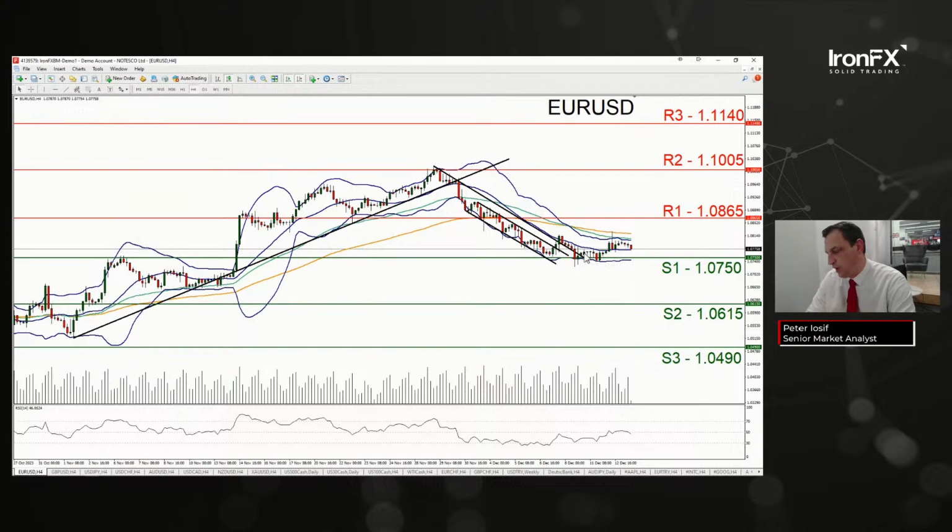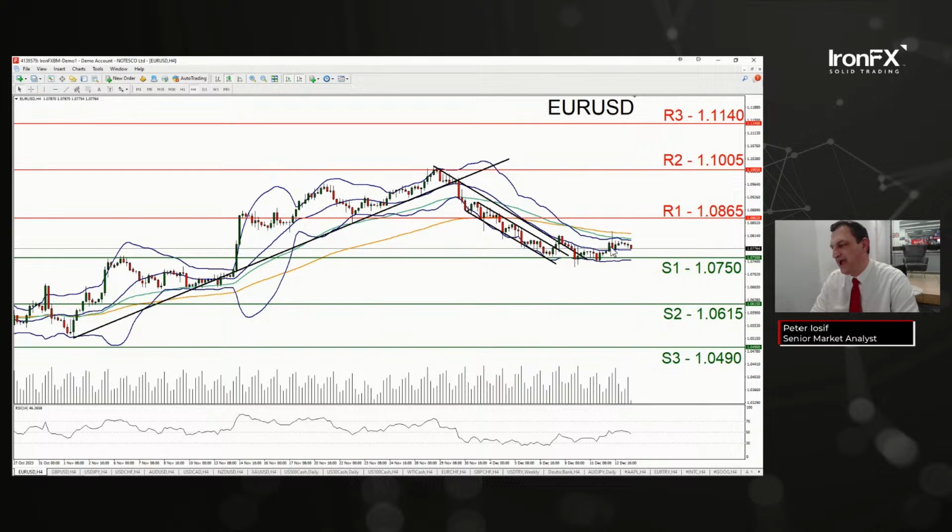Now, on a technical level, the euro against the US dollar seems to remain in a sideways motion. The RSI indicator is flirting with the reading of 50. Actually, right now it's just below it, and it's reflecting the drop of the latest candlestick. Yet overall, the sideways motion, given also the narrowing of the Bollinger Band, seems to be maintained. A pivot point for the pair is expected to be the Fed's interest rate decision later on today.